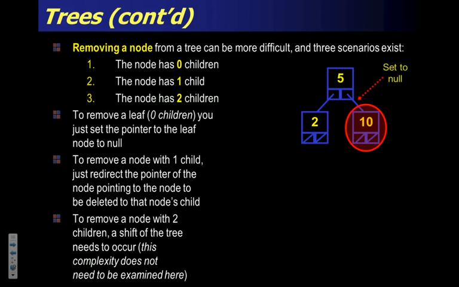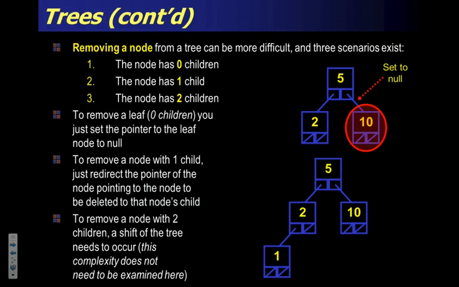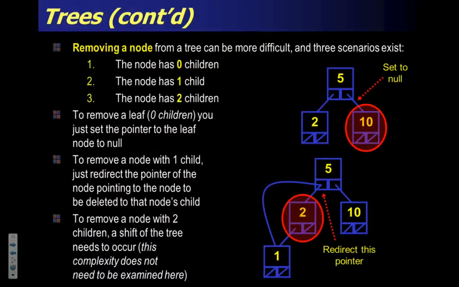So removing the 10, easy. I just set this left reference to null. In this case, to remove the 2 from this tree, it's pretty easy. All I do is redirect this pointer around that one, like we did with linked lists, and then it's no longer available. So removing a node with 0 children, easy. Removing one with 1 child, easy. Removing one with 2 children is much more difficult, because in the middle of a tree, you've got to look at the nodes below you,